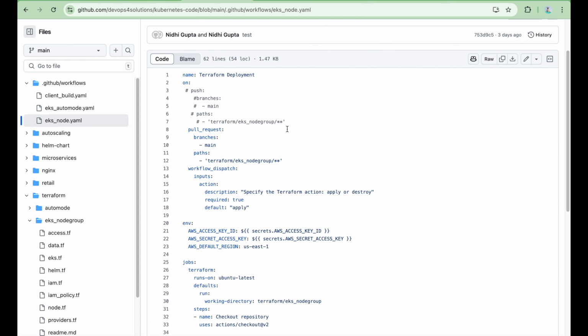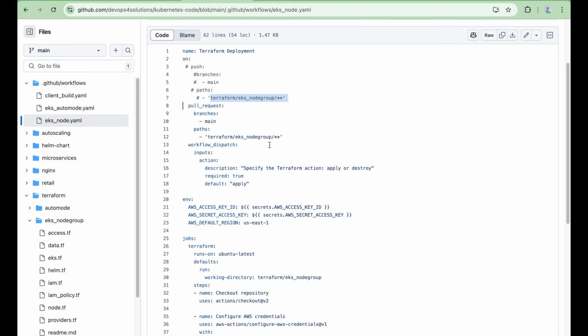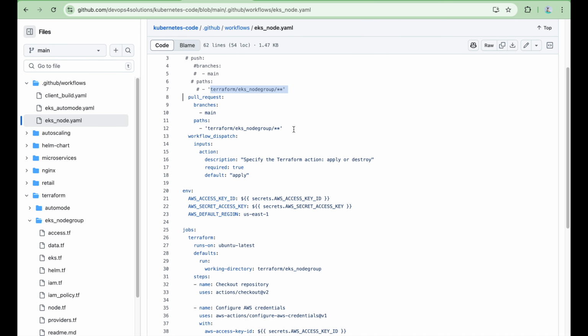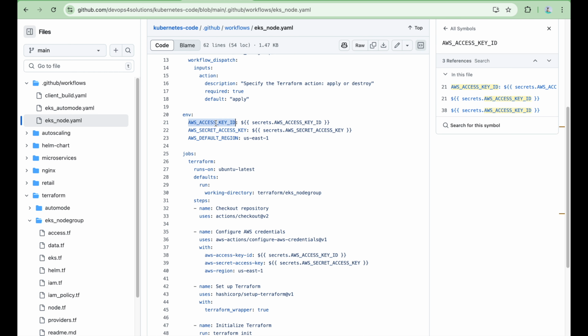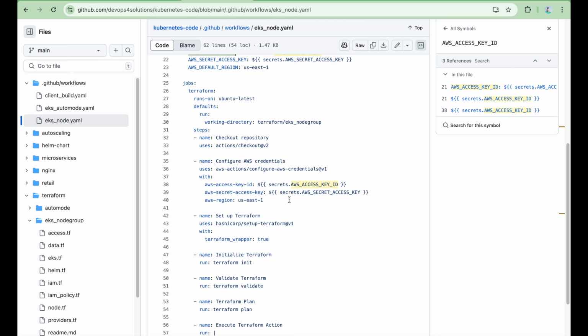This is very simple. I have just commented out, but whenever there is a push to this particular path, this workflow will get triggered. I have put the pull request also. The workflow dispatch means if I want to run it manually. Then we are providing the access key IDs, which we need so that we can authenticate with the AWS account, and the working directory against which Terraform should run.